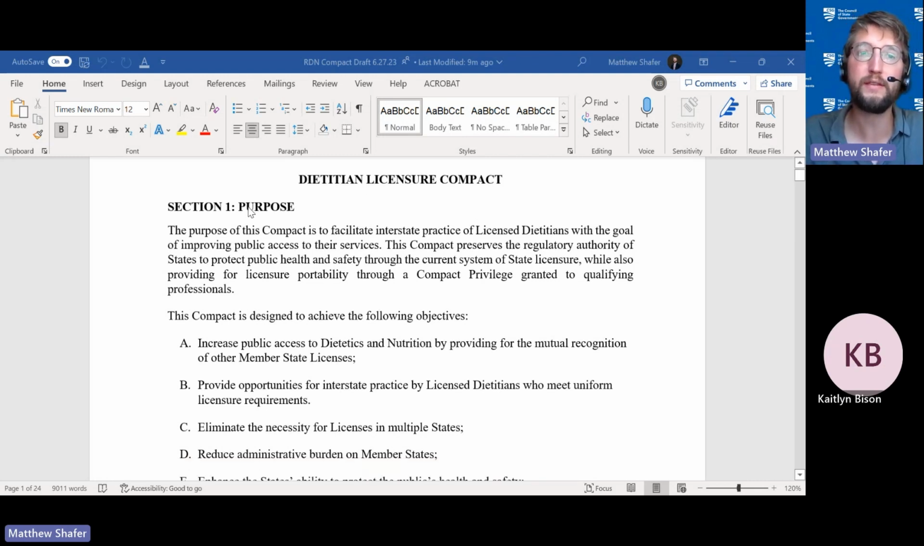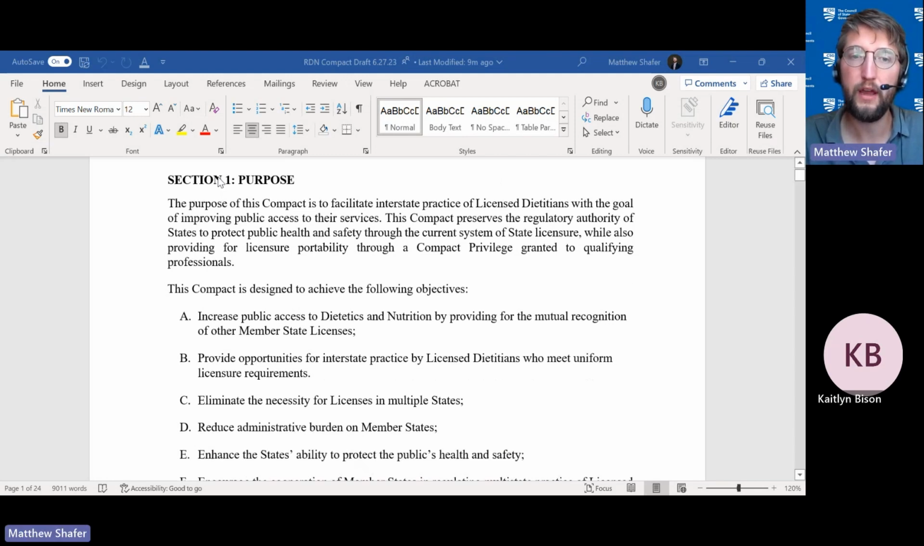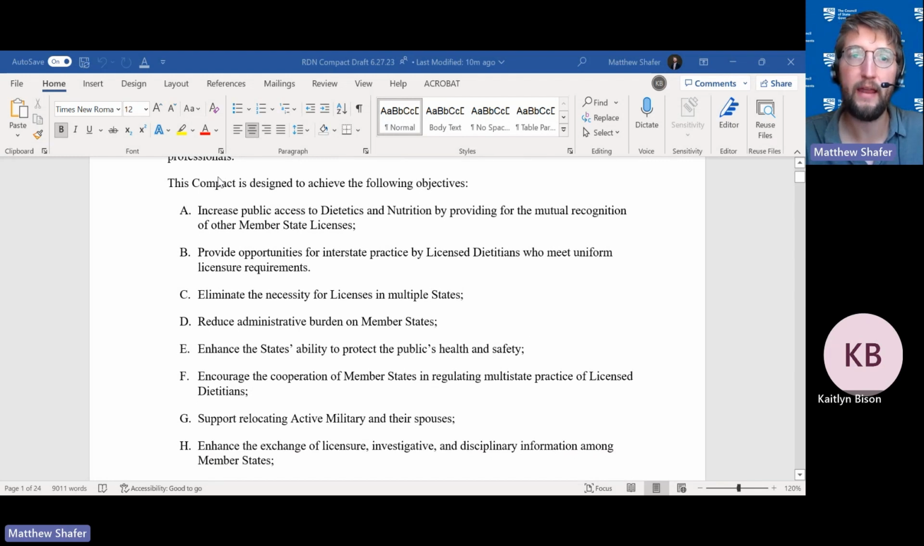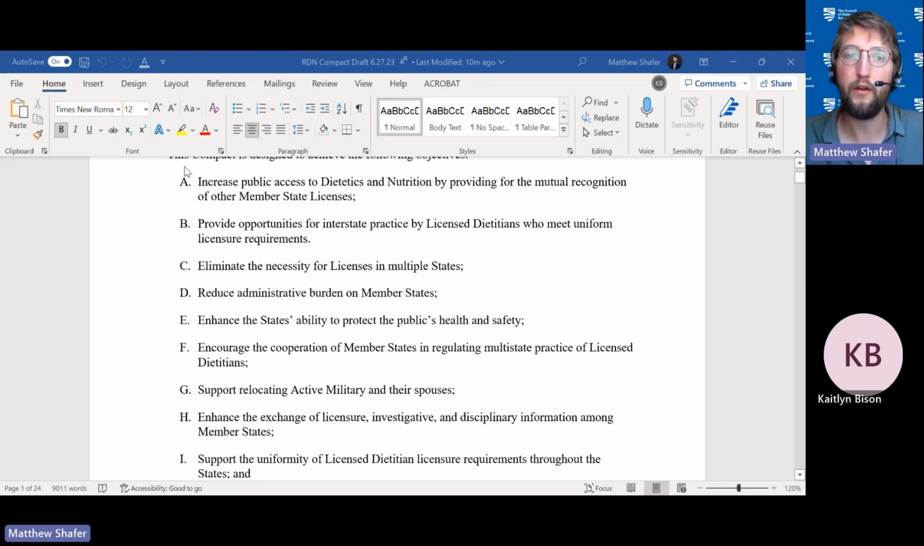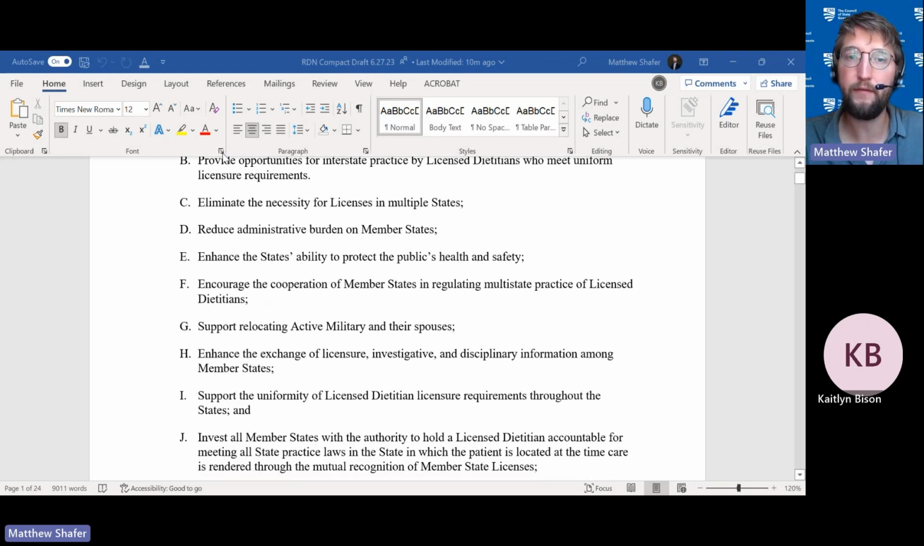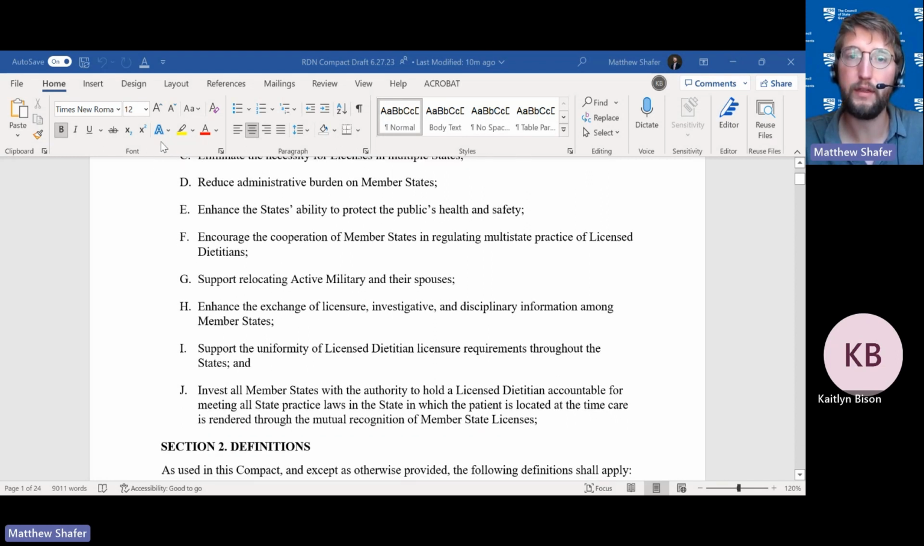So a legislator looking at this right at the beginning here in the purpose statement can see what are we trying to do here with this compact. What are the goals? So you can see here some of the things that the project team listed: increasing access to care by providing for the mutual recognition of other member states' licenses, providing opportunities for interstate practice, eliminating the need for multiple licenses, reducing administrative burden, protecting public health and safety, encouraging cooperation between the member states,